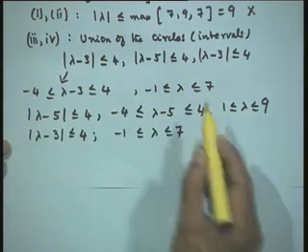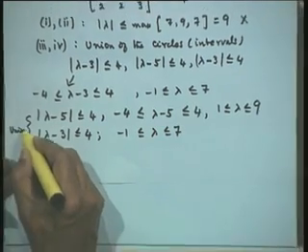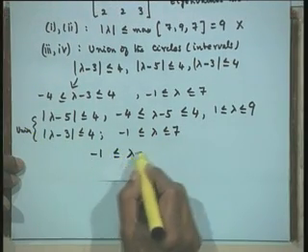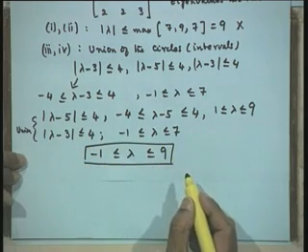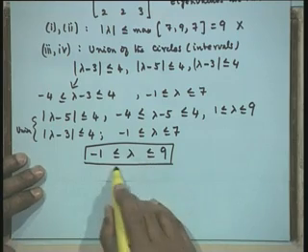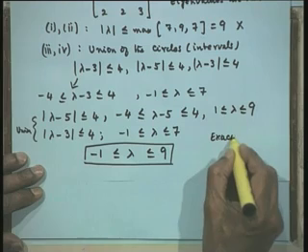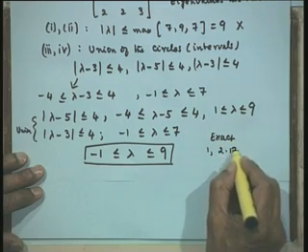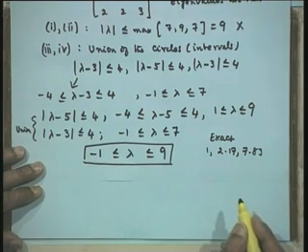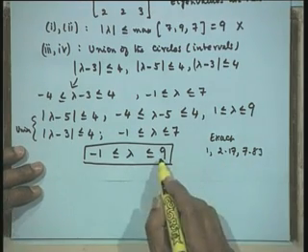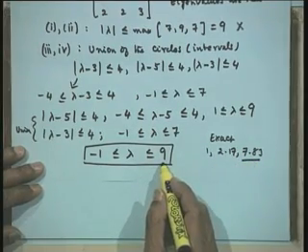Now, I need the union of these circles. I want the union of these, that will be minus 1 less than or equal to lambda less than or equal to 9. Therefore, this is the bound for the eigenvalues of the system, and I will give you the exact eigenvalues: 1, 2.17, 7.83. These are the exact eigenvalues of this particular 3 by 3 system, and you can see that we have got a very good estimate of the eigenvalue. The bound is 7.83 and we have got 9 as the interval.